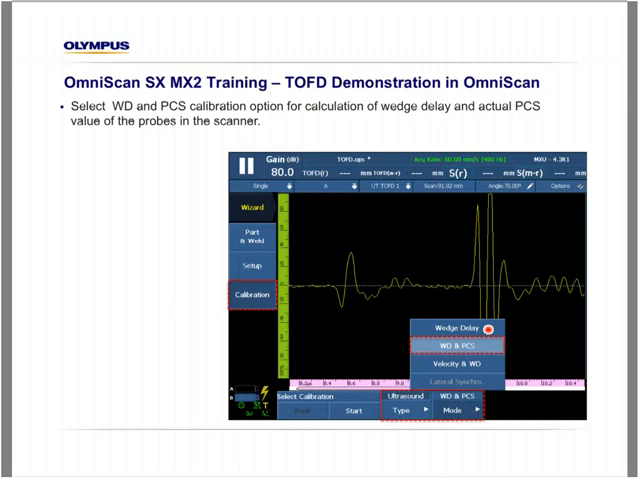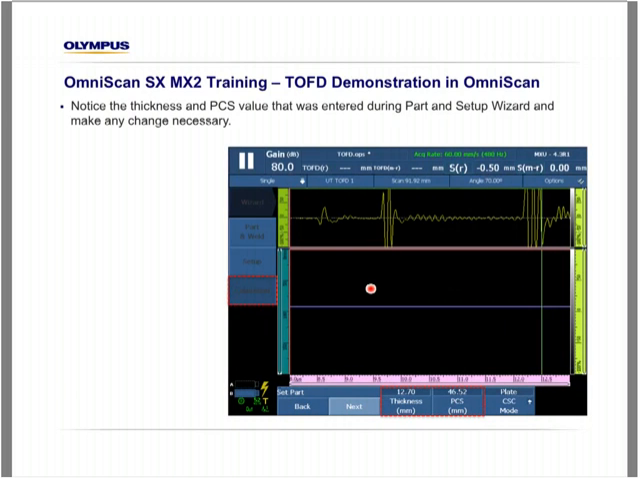So again, on the calibration standard or plate or pipe of mechanically measured known thickness, we're going to enter the wizard menu, calibration submenu, and select mode, PCS and wedge delay, start. It's going to walk us through a wizard where the thickness is coming in from the original setup and our PCS value that was calculated or entered by the operator. At this point, the PCS is